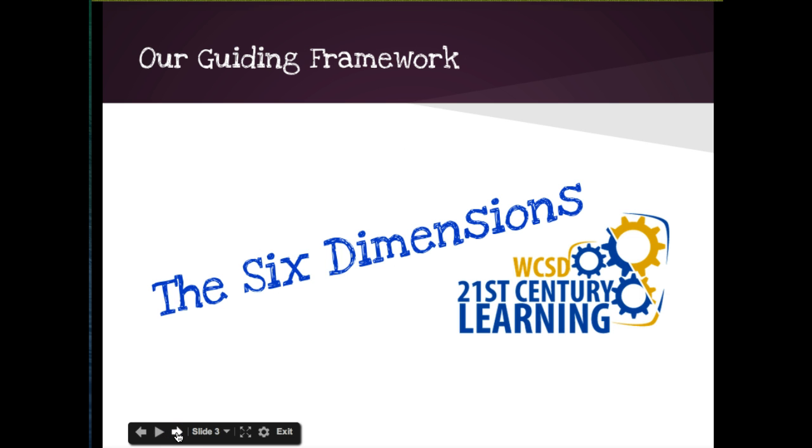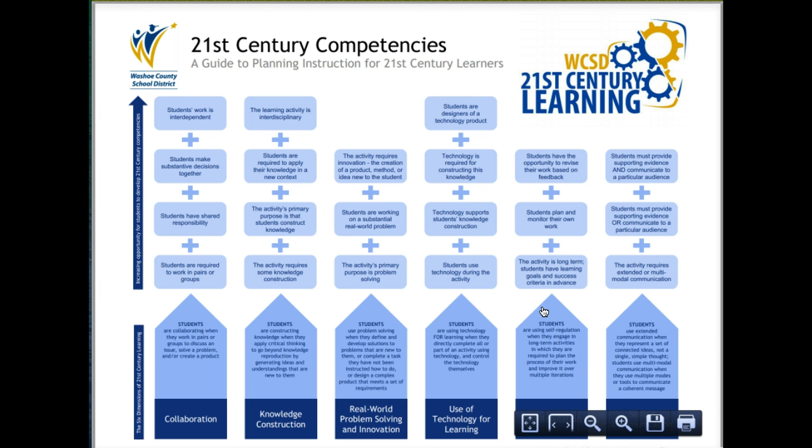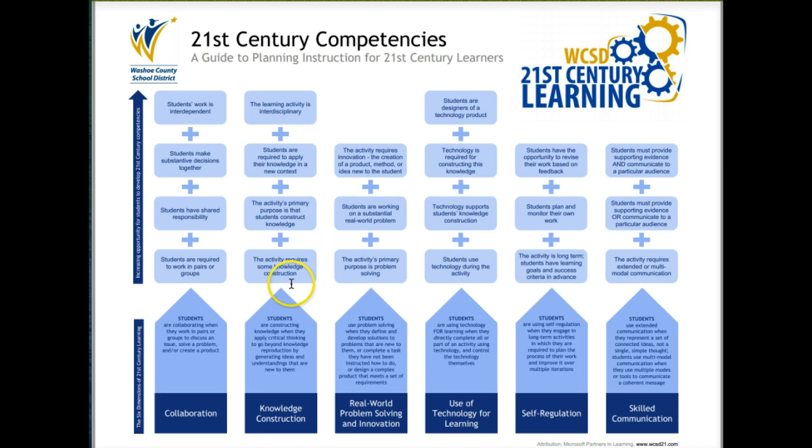Our guiding framework is what we call the 6 dimensions of 21st century learning environments. And this comes from the Microsoft Innovative Teaching and Learning Research. This is a one-page summary guide of each of the different sets of rubrics for each dimension. You can see the 6 dimensions across the bottom. And we have teachers use this when they're planning their learning activities, so as part of their lesson planning. And as they're planning, they look at the 6 dimensions and see if any of them are a good fit